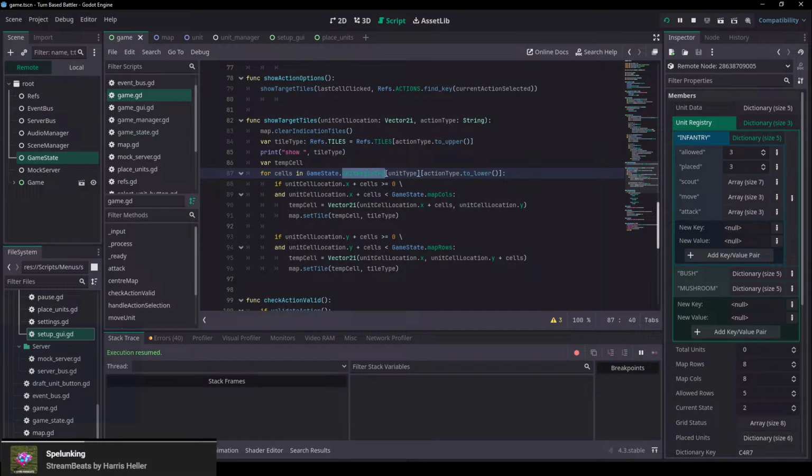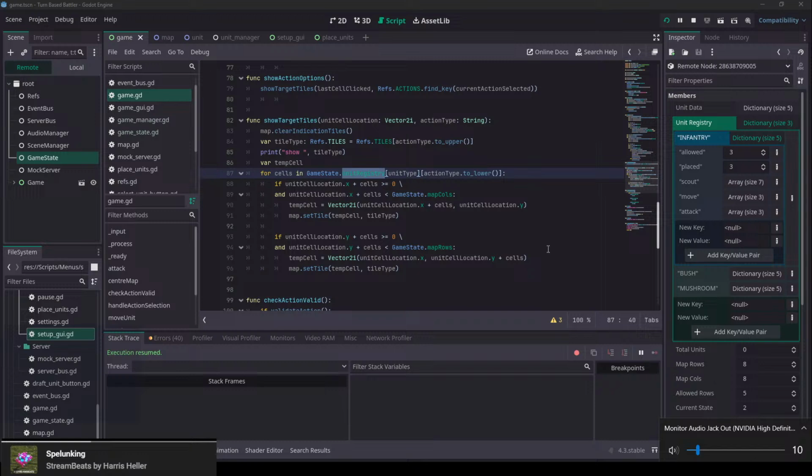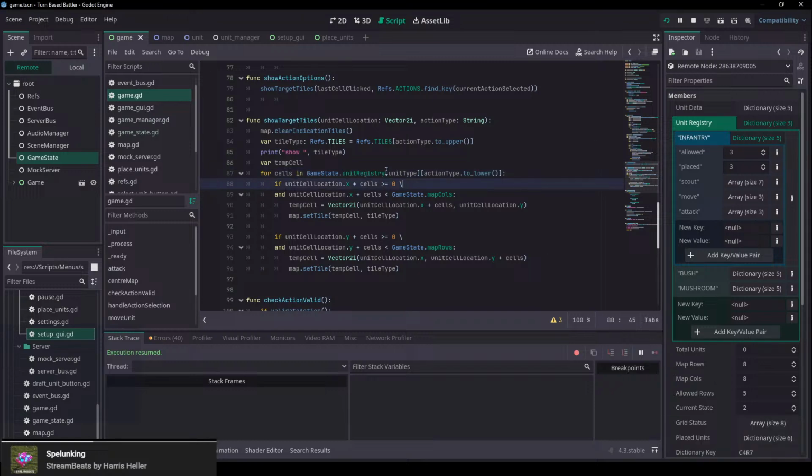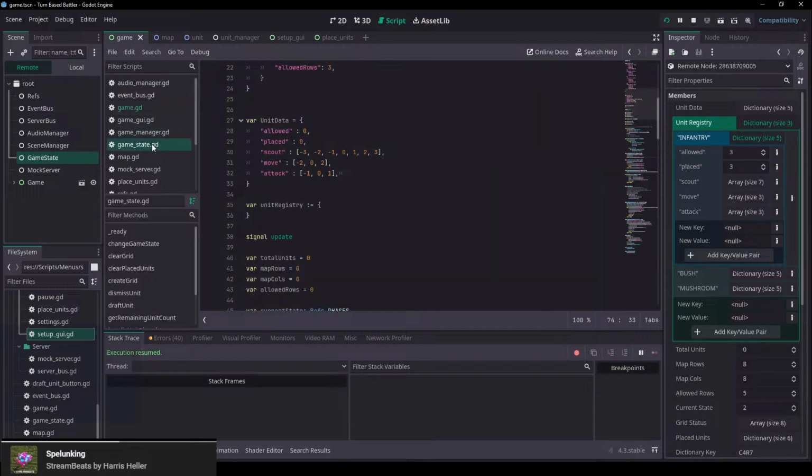I wonder if Godot allows that. So it'd be something along the lines of